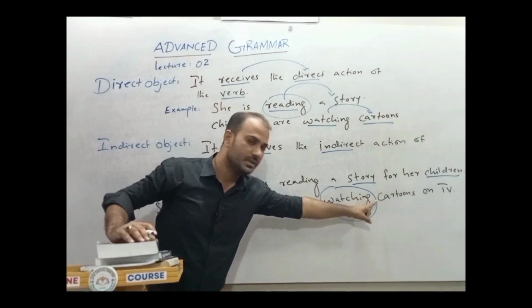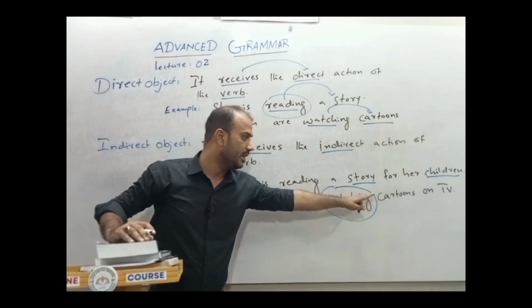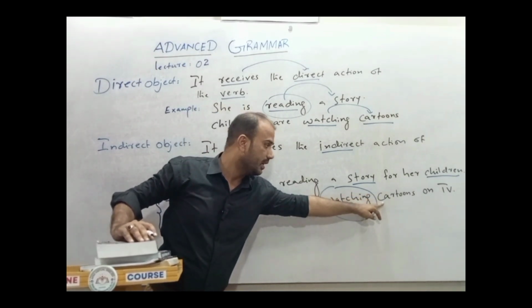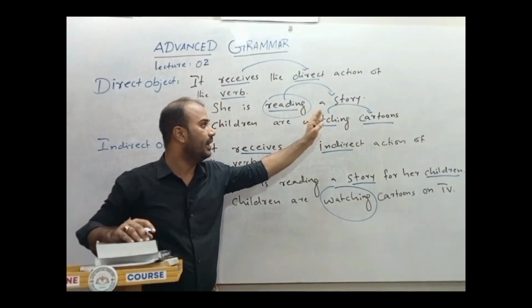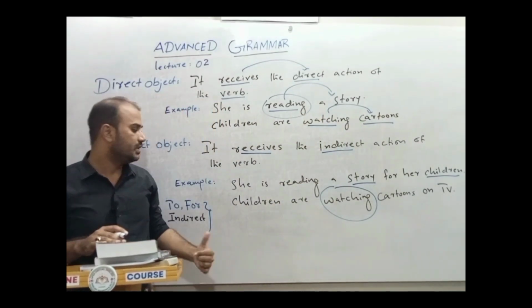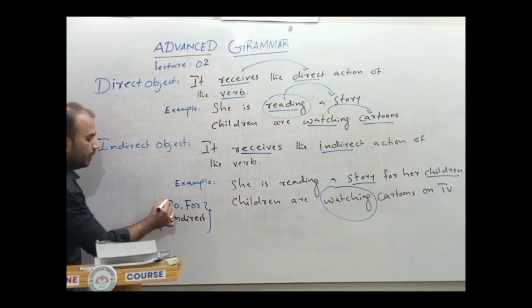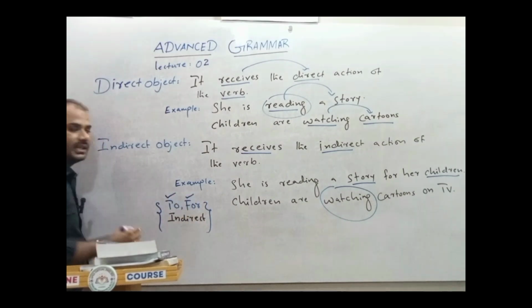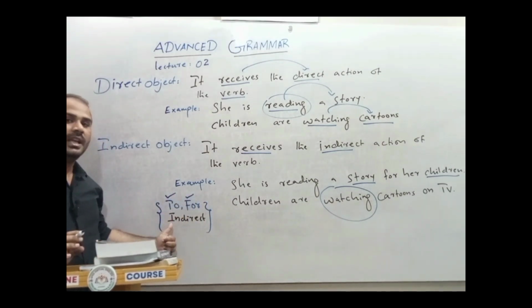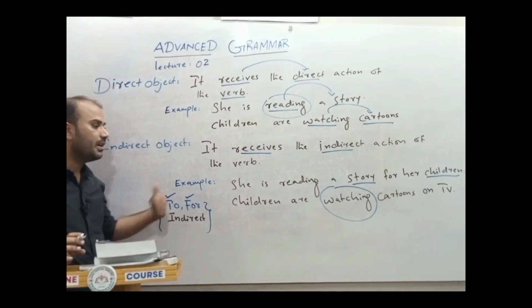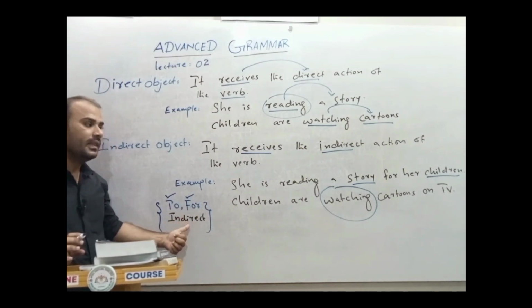Watching is done on cartoons, so that is our direct object, and here we have an indirect object about the stories. So this is all about that. And keep in mind another thing: to and for are the keywords. They will indicate to you that after them, there will be